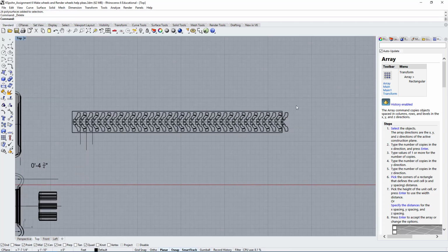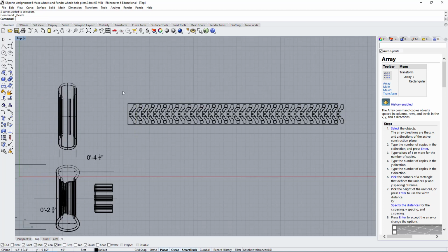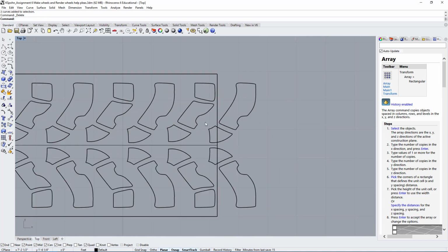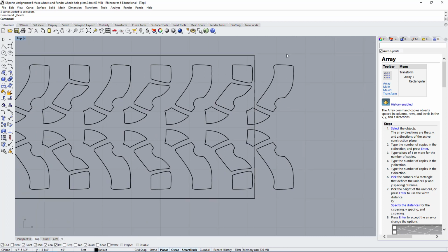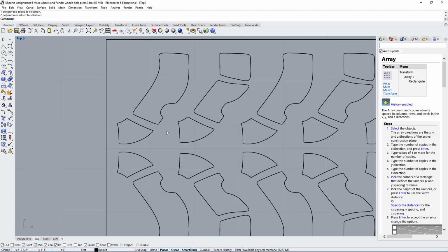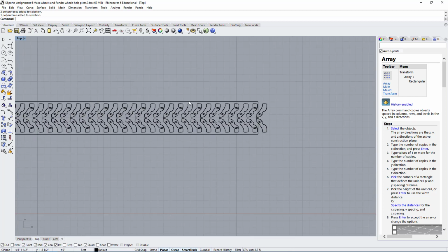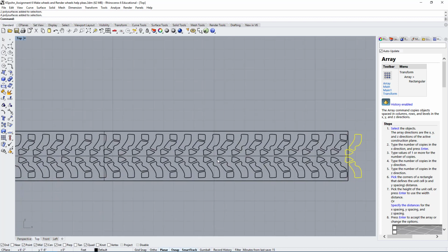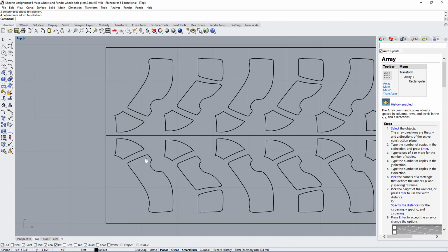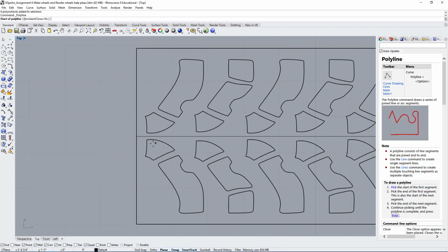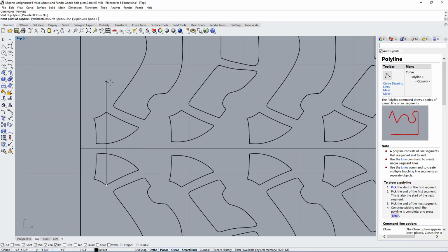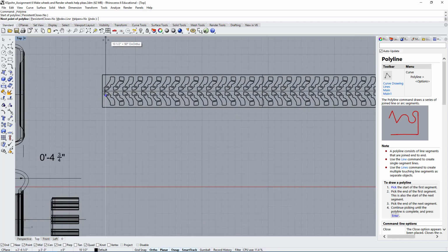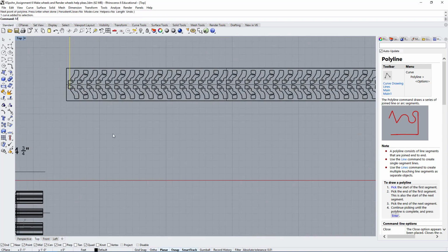And now we need to figure out where this pattern repeats, so where do we cut it up? So let's delete this and try to figure out what we want. So here, let's see, this one is a single piece, this one is two pieces, so let's see how does it repeat. This is one, and we want the next repeating one to be this two piece. Okay, so that's good. Now let's see, where would we want this to repeat? Let's find a point, something like this. Now we have some kind of reference point we can use.